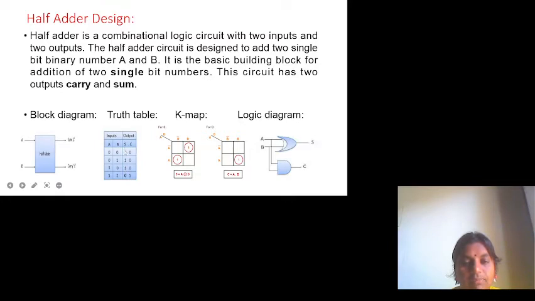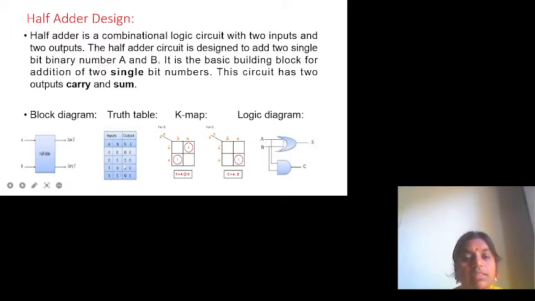For 0 0 input, the output of sum is equal to 0, and output of carry is 0 because A dot B is 0. Coming to the 0 1 combination of inputs, A XOR B is 1 and carry is equal to 0. For 1 0 logic, sum is equal to 1 and carry equal to 0.